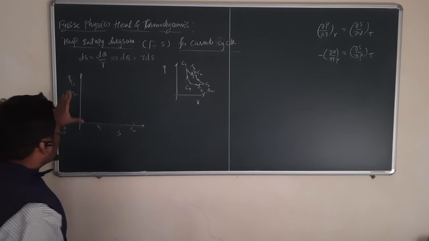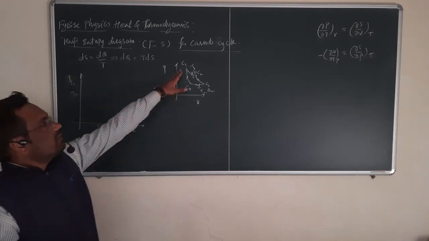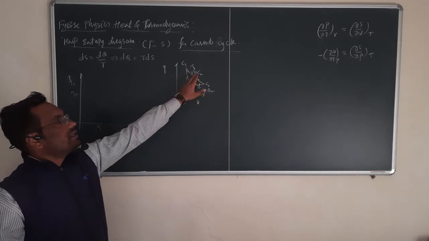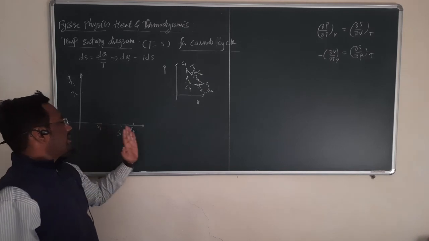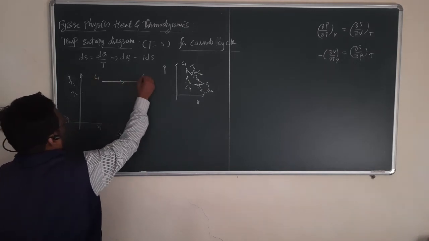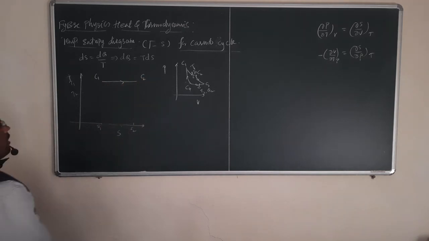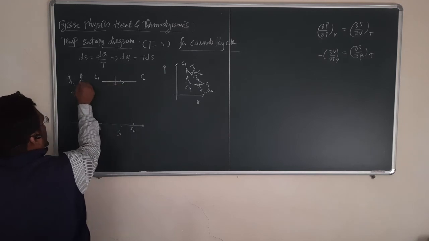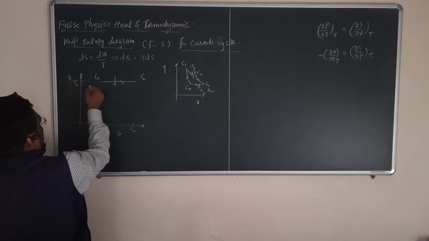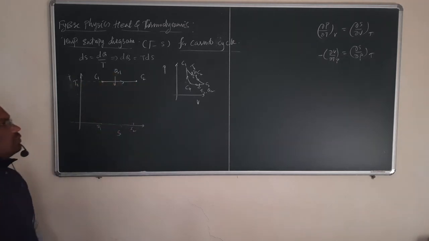Now, if you plot that on the temperature entropy diagram, along C1, C2 the temperature is constant, and since heat energy Q1 is absorbed, entropy increases. That is shown by this curve. So C1, C2 represents isothermal expansion. Along this, the temperature T1 remains constant, as I have shown over here, and the amount of heat energy absorbed is Q1.